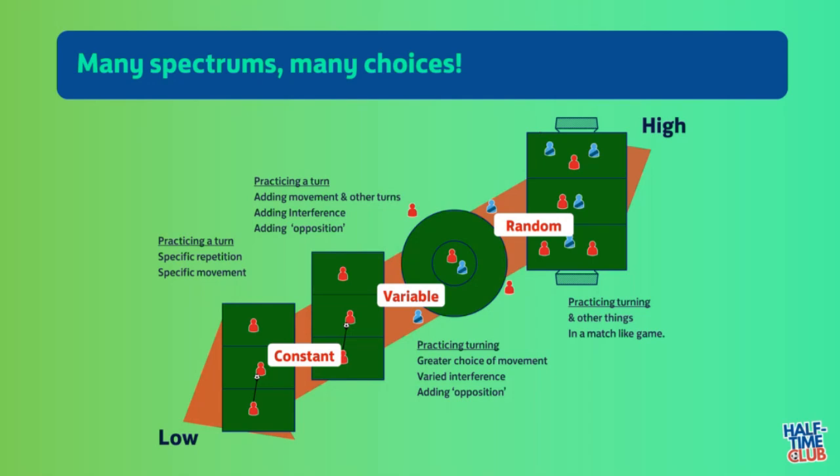So on the previous slide, we spoke about variation, increasing variation when we spoke about unopposed interference. And this is just speaking about the same thing. So when we use the word constant, variable, which is talking about variation, and random, which is complete variation, it's just very similar wordings, very similar definitions, but just delivered in a different way. I'll break down the constant, variable, random more in a moment, but if you just look here, on the left-hand side, we've got low decision making, and on the right-hand side, we've got high decision making.